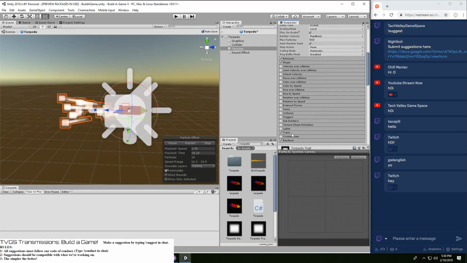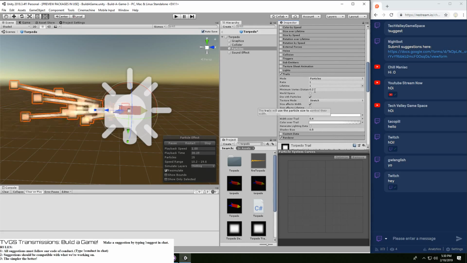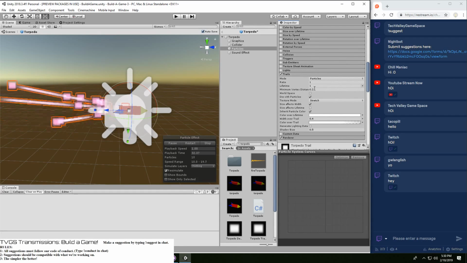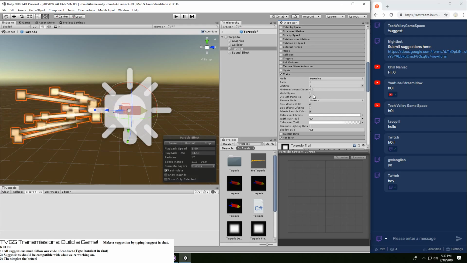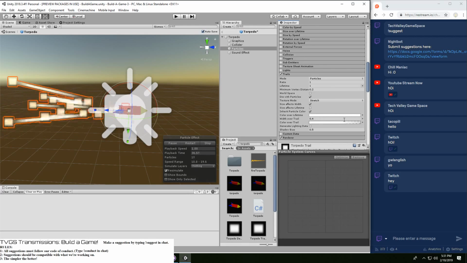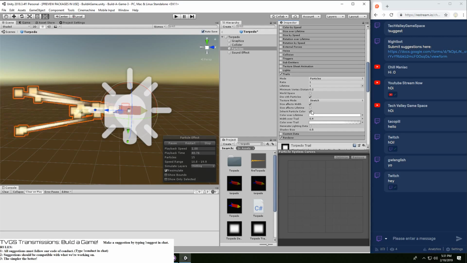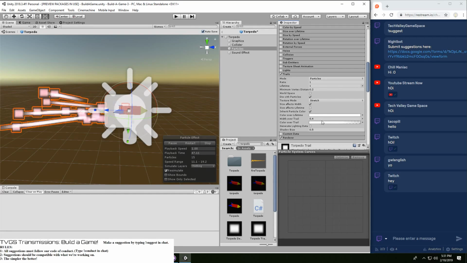That probably is not what I wanted it to look like, but whatever. Ratio, minimum vertex distance, that's fine. World space, width over, generate lighting data, shadow bias. Size affects lifetime. I don't really see anything for texture mode.